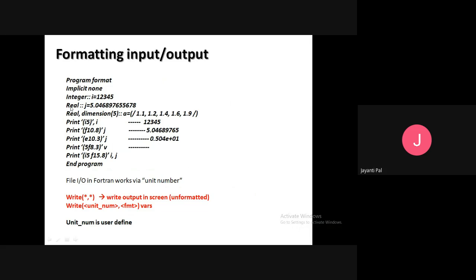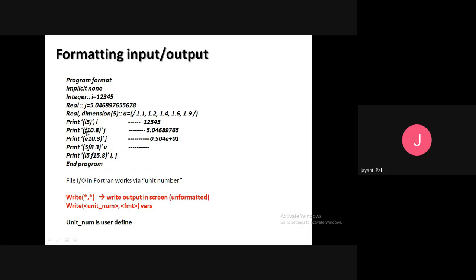Now the second section is for the real floating number. Here I have used F. Now here 1, 2, 3, 4, there are 14. The length of this real number is 14, including the decimal. Now if I want to print the real with a length of about 10, and keep the decimal point up to 8.